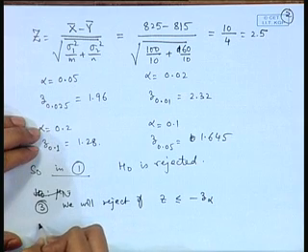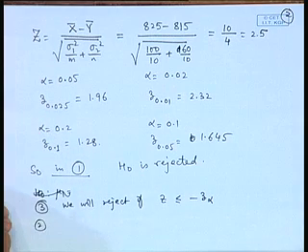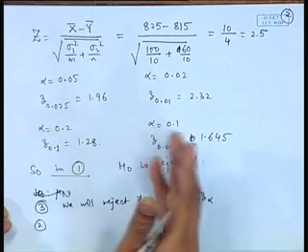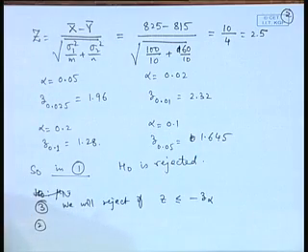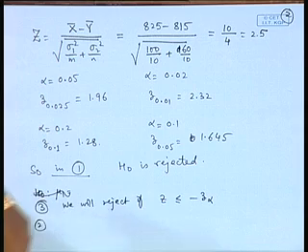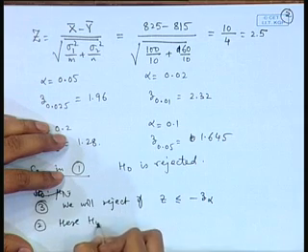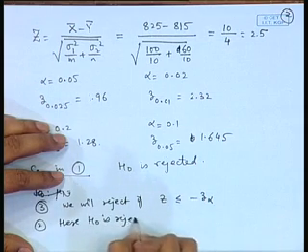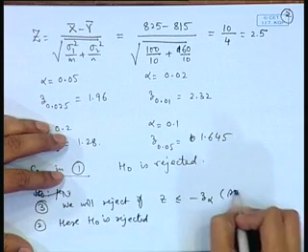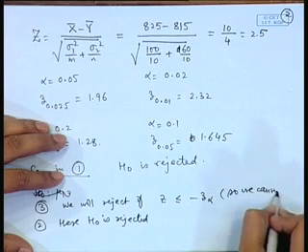On the other hand, if we look at problem 2, we have to reject when z is greater than or equal to some z alpha. It will always be satisfied, that means it is always rejected. That means mu 1 greater than mu 2 is a strong conclusion. So here H naught is rejected. And in the other case, we cannot reject.